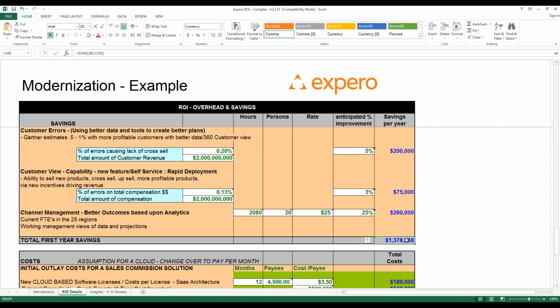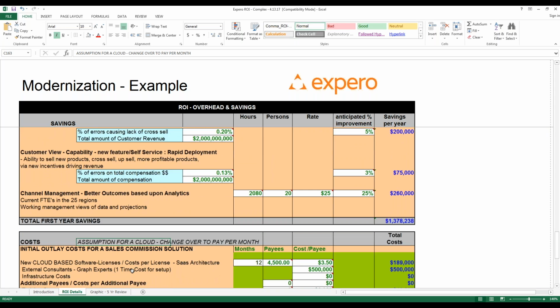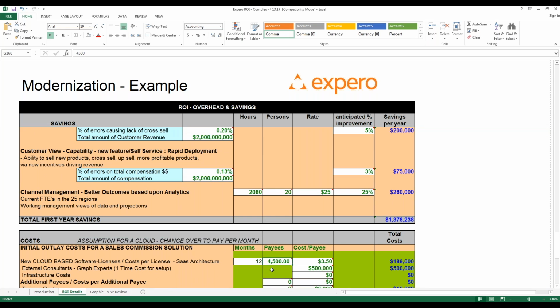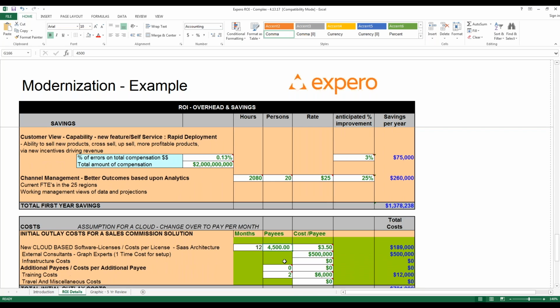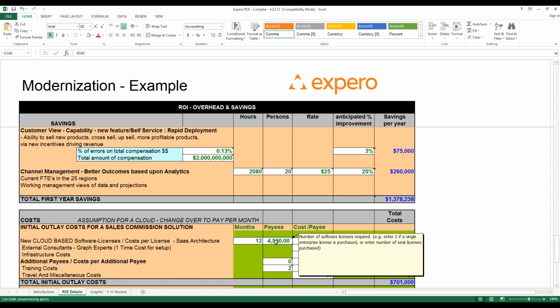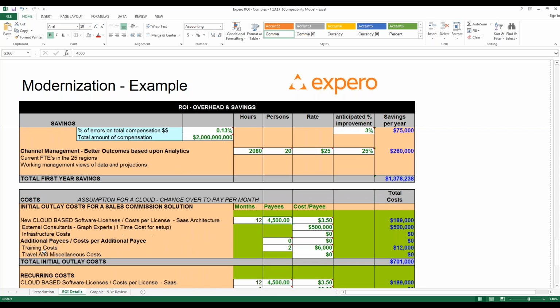Then what I've done in this case is I've assumed that I've switched over to the cloud, and now instead of paying for some of my hardware license, I'm actually then going to pay for the number of payees. And in this case, I'm actually going to upgrade the software more to a cloud-based kind of software. I may pay it on the number of people, may pay for by number of nodes, etc. But this is where I would put my new cloud costs. And in this case, I've calculated approximately a $700,000 payment.